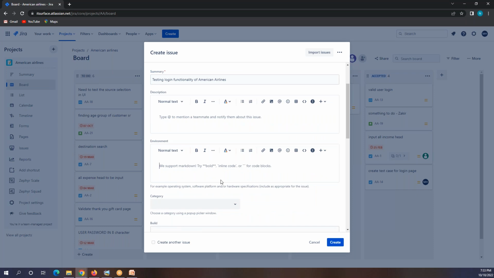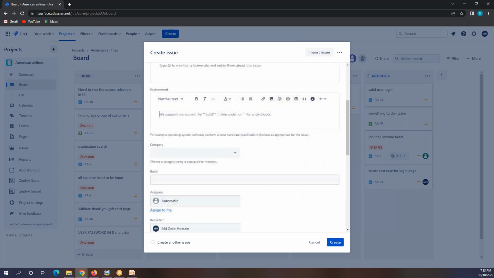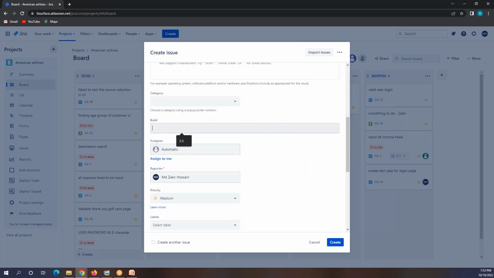The environments that I told you I would show you are not ready yet to show. Once it's ready, I will show you what that environment means and how it works. Okay, I will show you that. Category, right now the category is empty, there is no category. Build is something like, okay, so